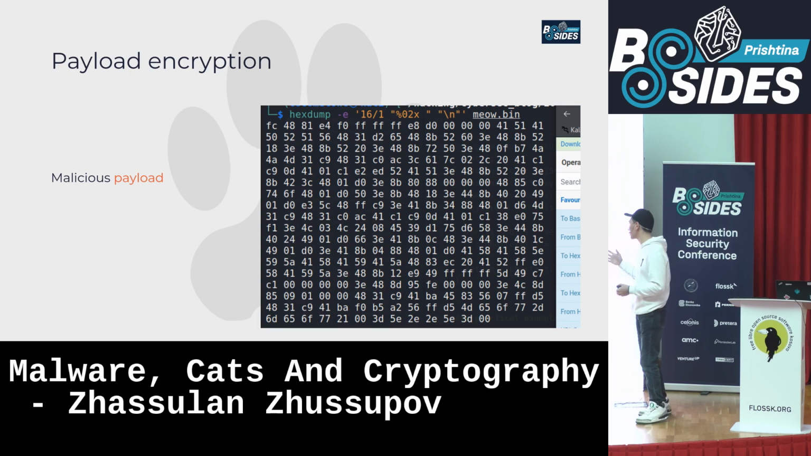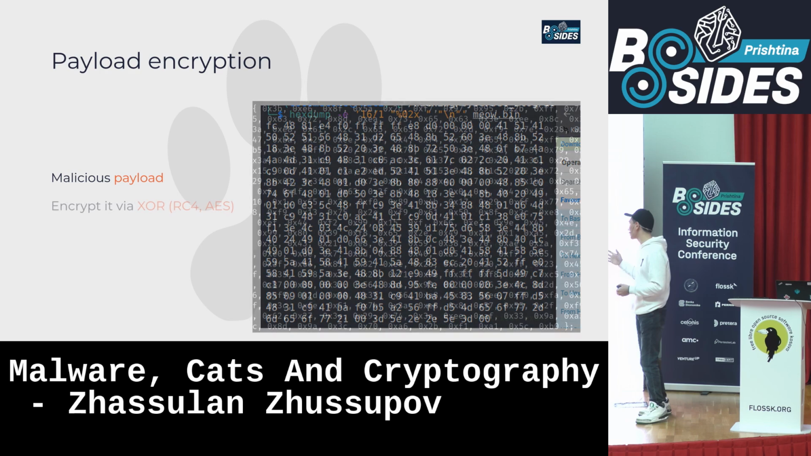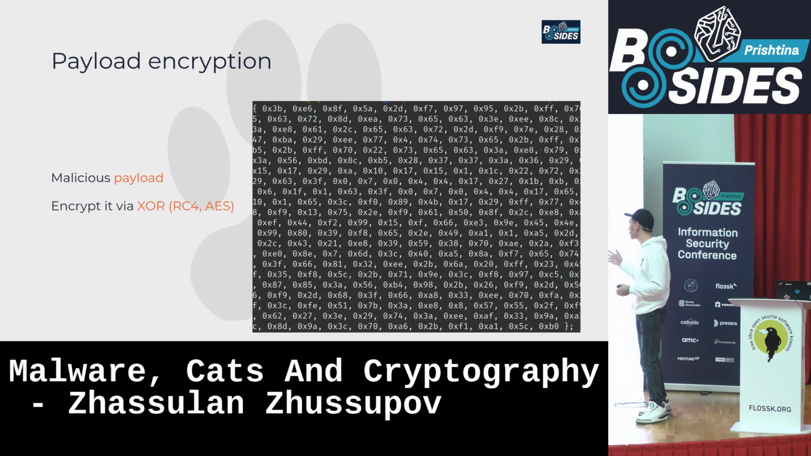For example, let's say we have something like this, or any payload, any MSF Venom or another payload. Maybe in this case, it's just a message box payload. And just in case, let's say it's malicious. Okay. For protecting this from static analysis, we can just encrypt it via something like XOR or maybe RC4 or